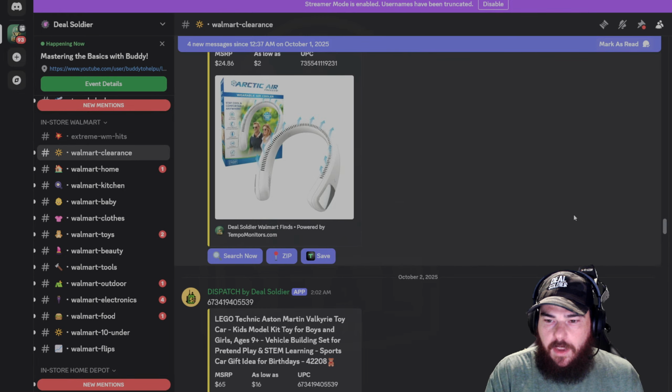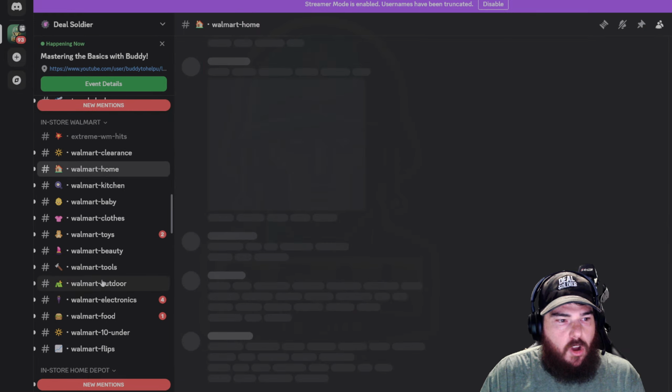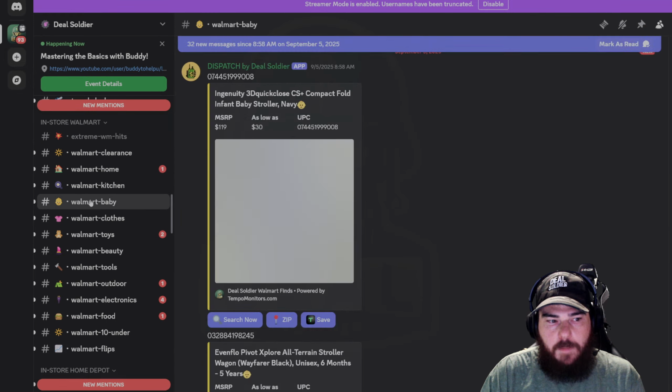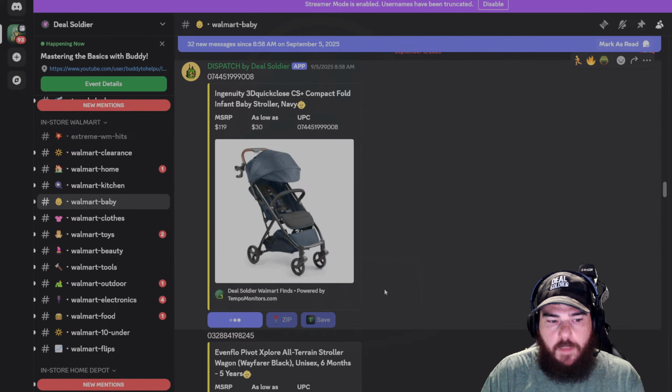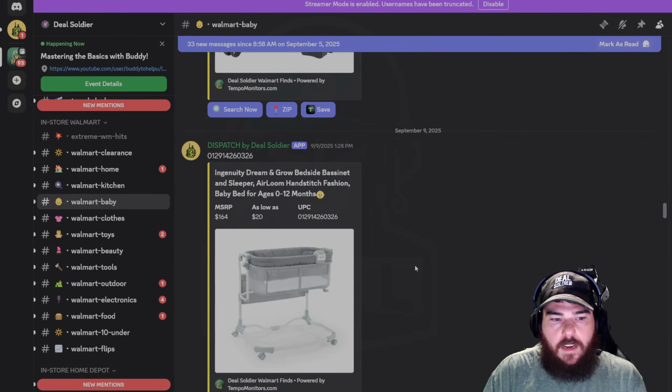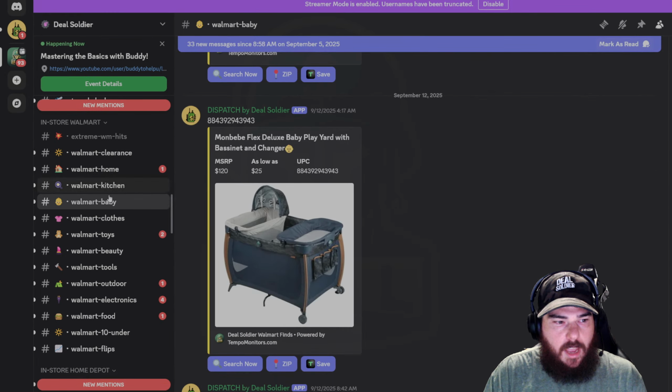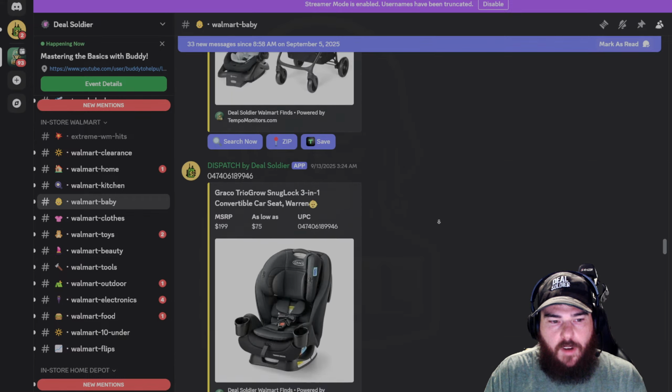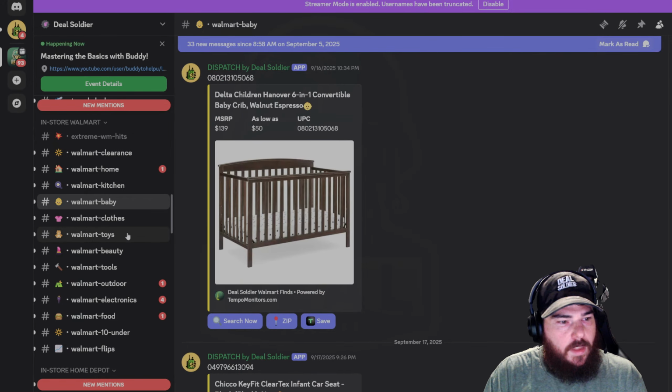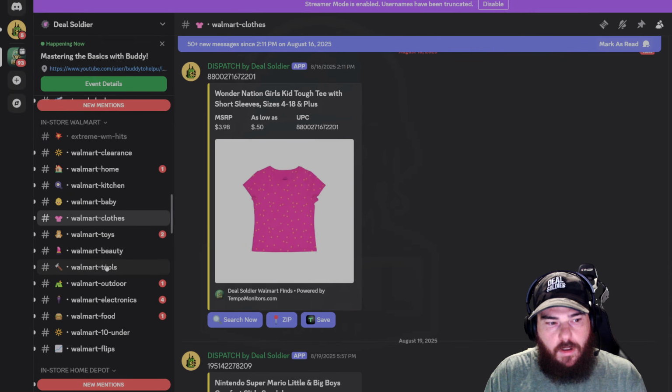Now we went a step further, and we know some people are only looking for specific items, but we broke it up into home items, kitchen. Like as I mentioned, if you're going to a baby shower, you can search all the strollers, high chairs, car seats, bassinets. We just break it down into the subcategory to make it a little bit easier for you. As well as we broke into clothes, toys, beauty, tools.